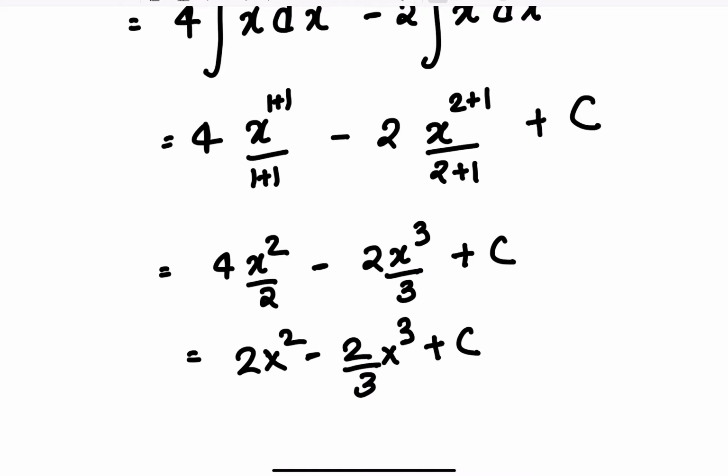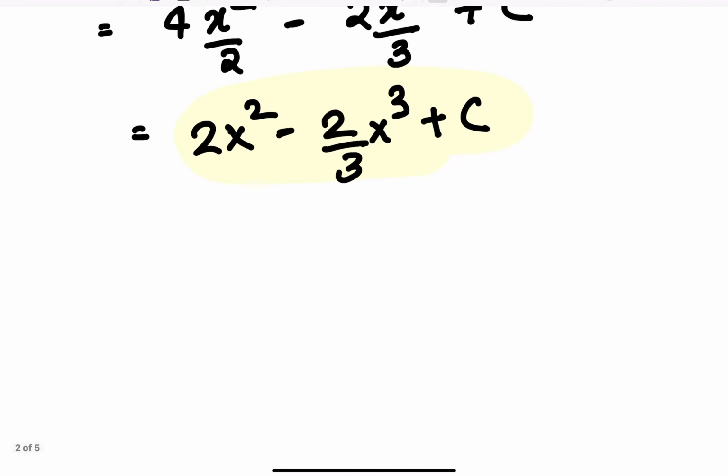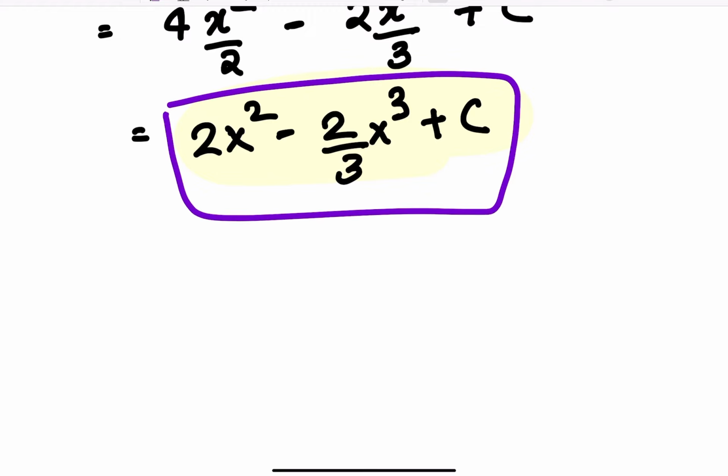And now what they ask me is, they say, hey, that's very good of you. You got the integral. Now go back and cross-check. So what I'm going to do is find the derivative of this to see if I can get the original function. So 2 times the derivative of x squared is